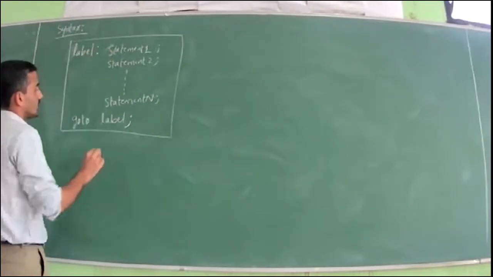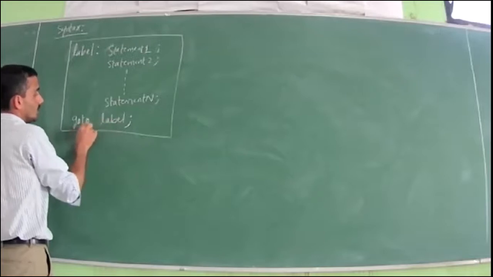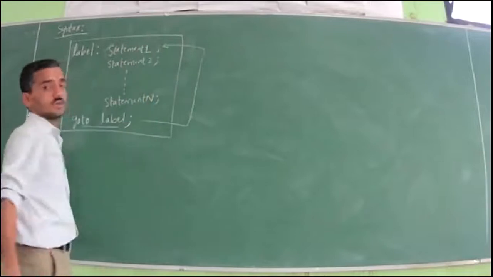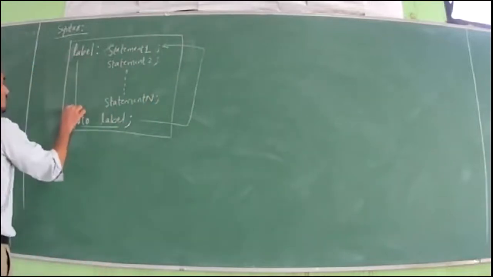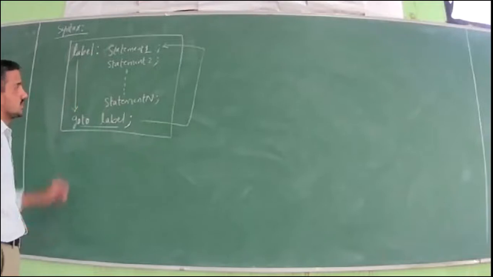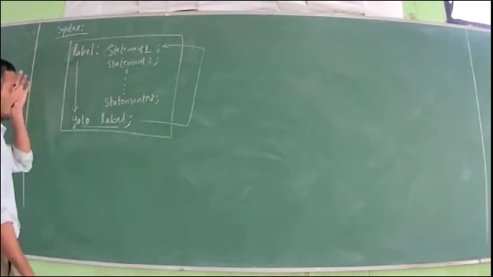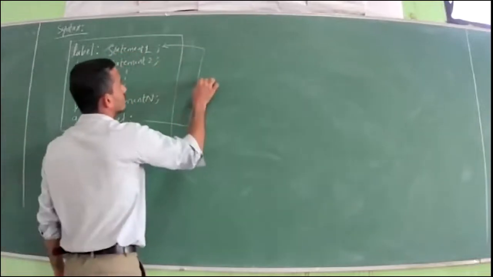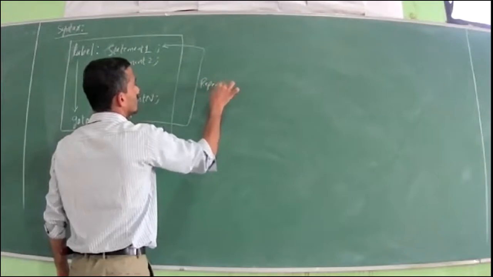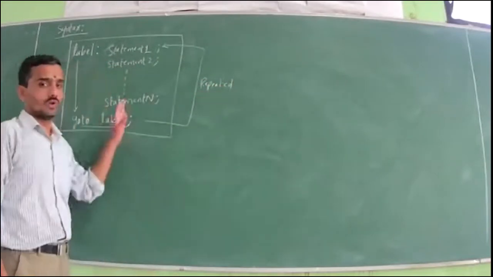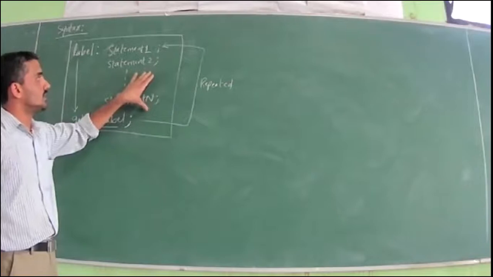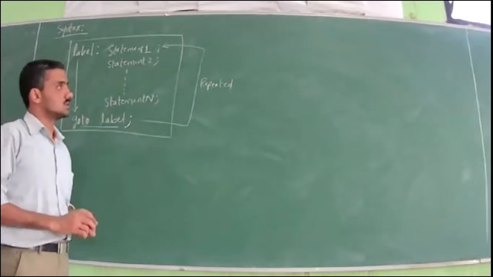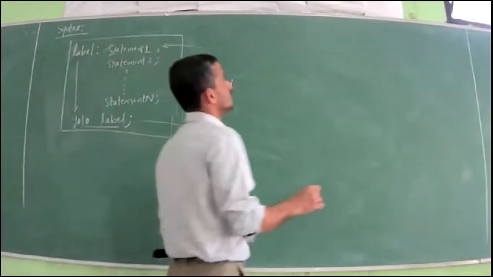So whenever program control comes to the word goto label, program control will be transferred back to this particular statement, and again these statements are executed from statement 1 to n. Then program control will be transferred back. This process will be repeated until we write a condition and make it false. So we have to intentionally make this looping stop. Now we will discuss one example of this. So here I'll write the example.